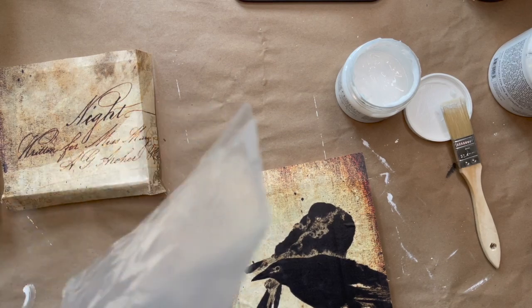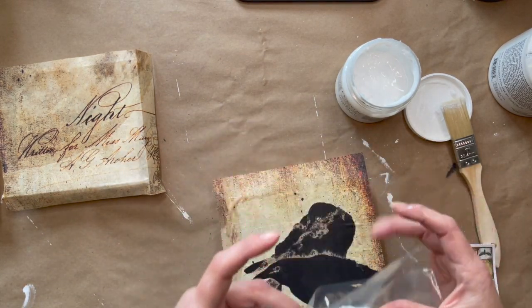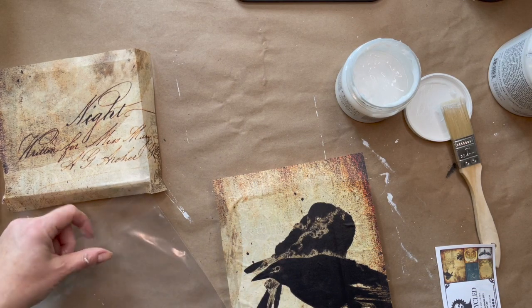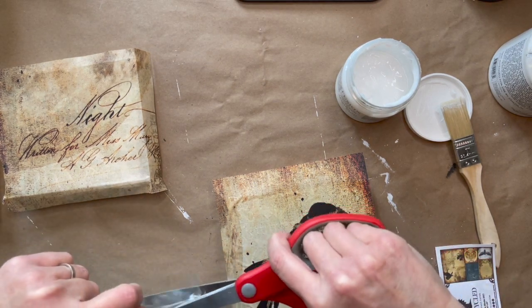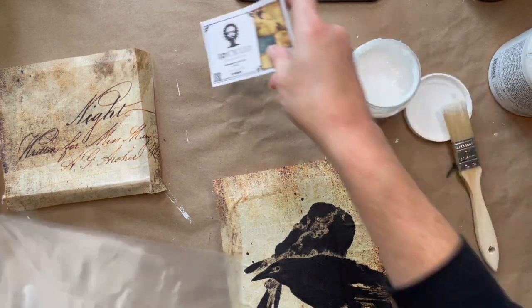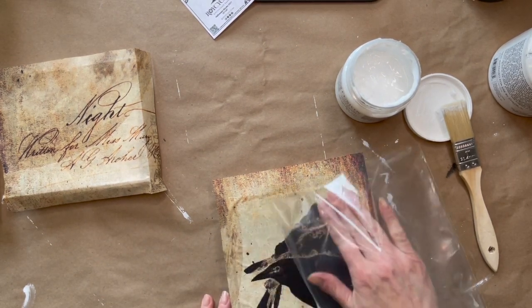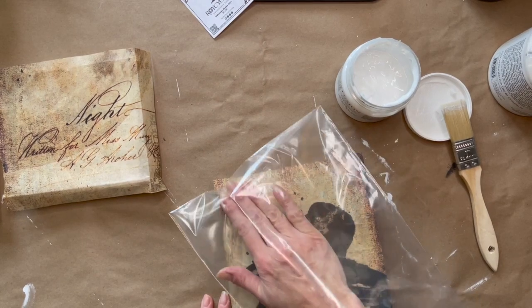Your Roycycle Treasures decoupage paper comes in these plastic envelopes. So what I do is I just cut the closing end off. My scissors aren't the greatest here for cutting this thin plastic, but cut that end off so that sticky part doesn't get in your way. And then just place your hand in the bag like a glove, and you can rub it over your decoupage